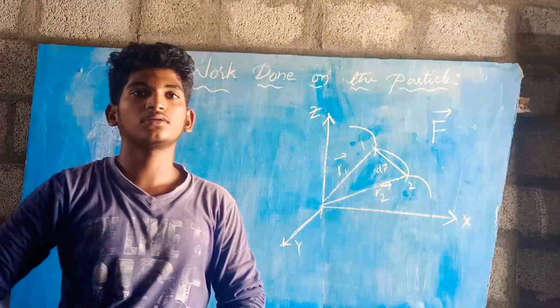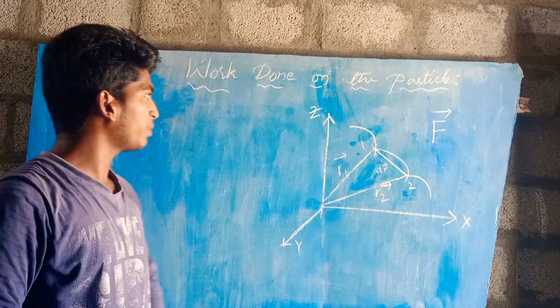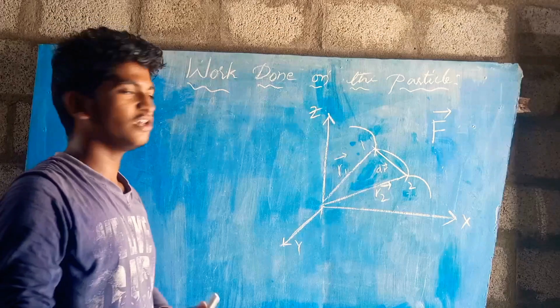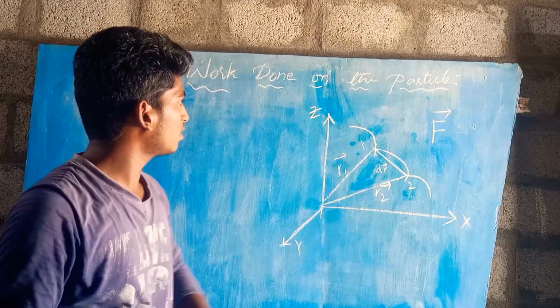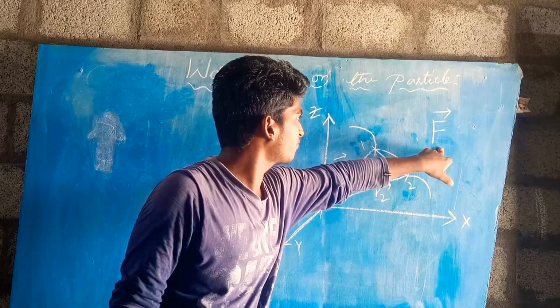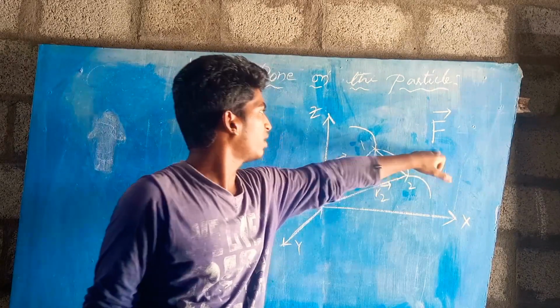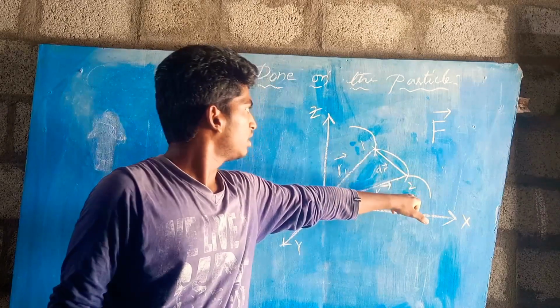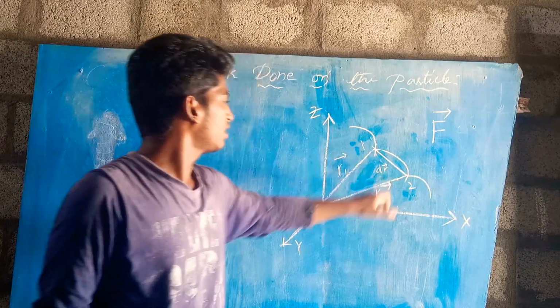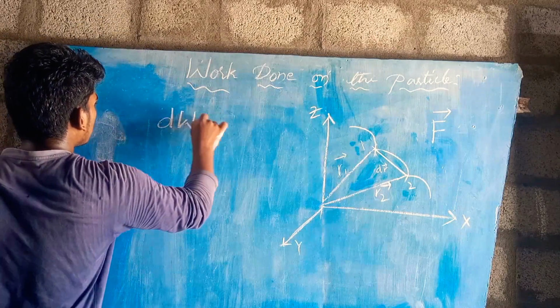Today's video is on the work done on a particle. If a particle moves along a curve from point 1 to point 2 in a force field F, then the work done by the force when the particle undergoes a displacement dr is represented as dW is equal to